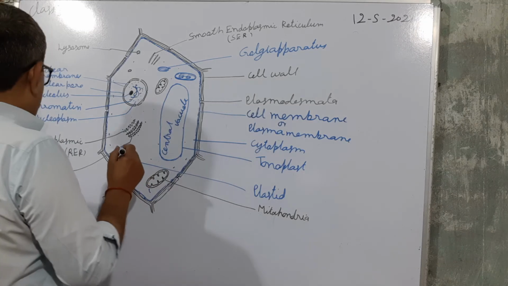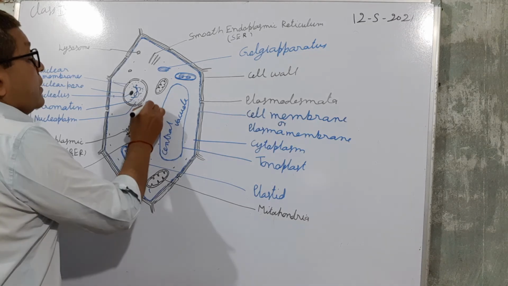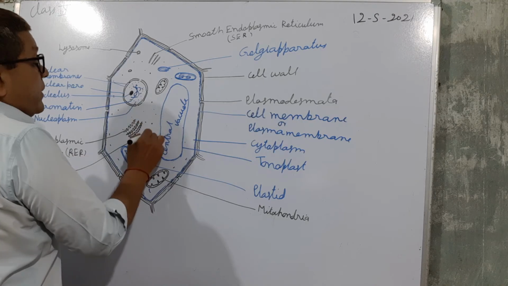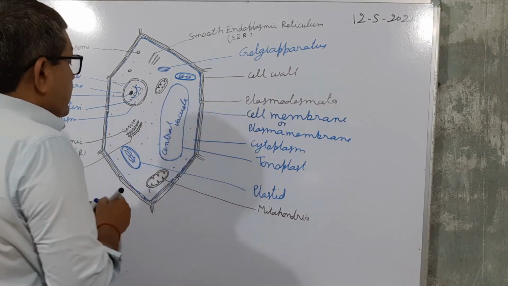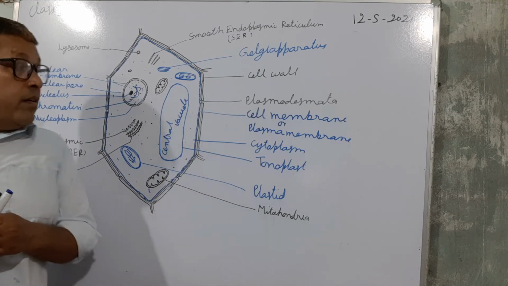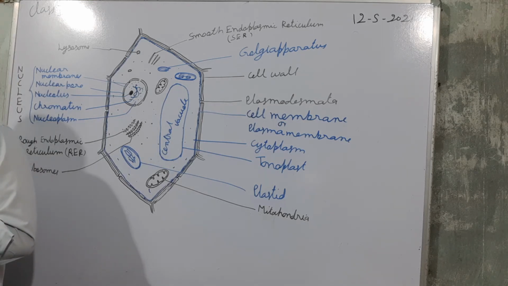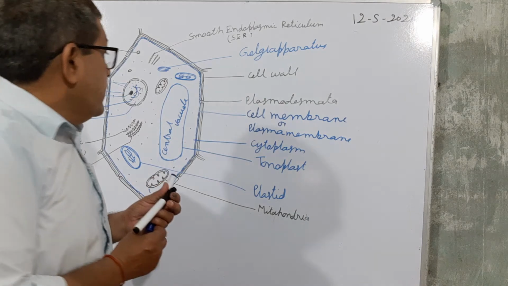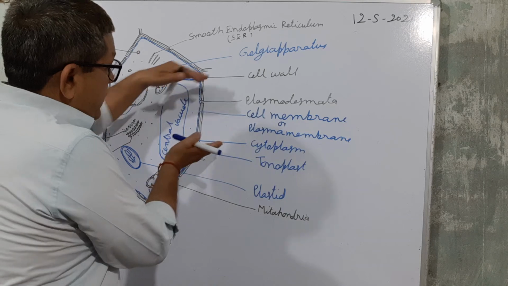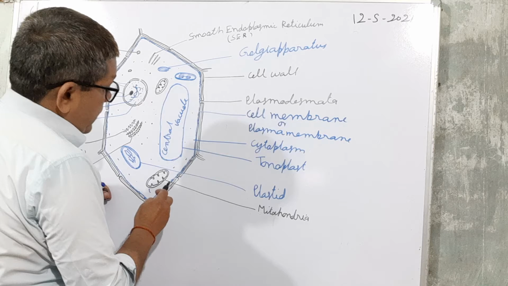So, ribosomes are not found only on the endoplasmic reticulum, but they are also found in the cytoplasm of the cell. So, this is the structure of a cell. So, this is the cell wall, and since one cell is here, one cell is here, one cell is here, this is the cell wall of another cell.